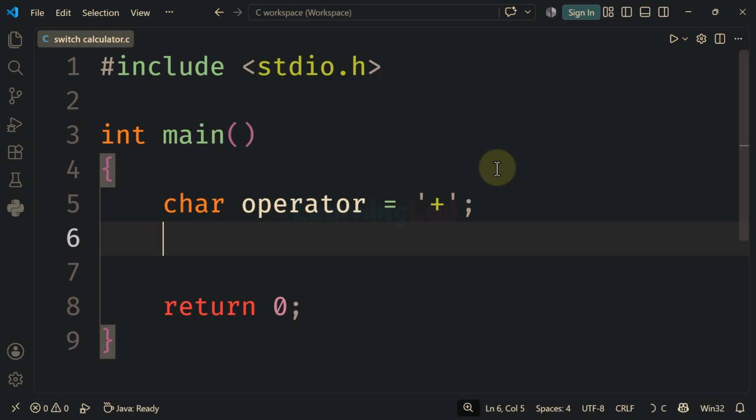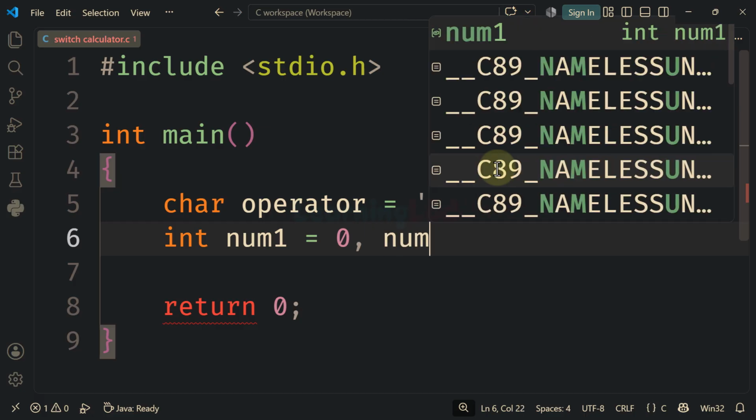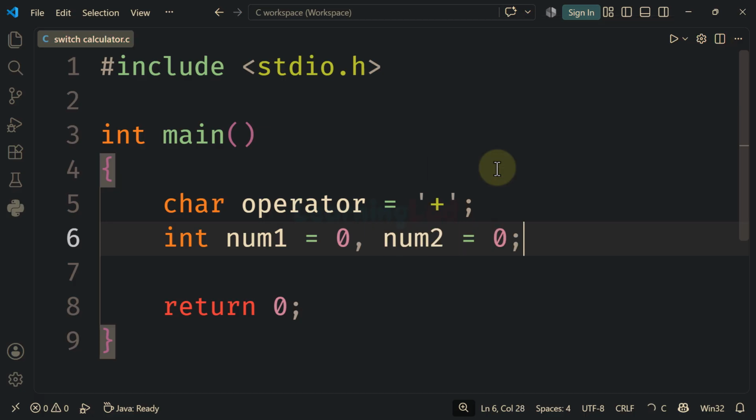After that, we need a couple of variables for storing the numbers that the user will enter. For that, I will take integer type. I will name the variables num1 and num2, and I will store the value 0 in both of these